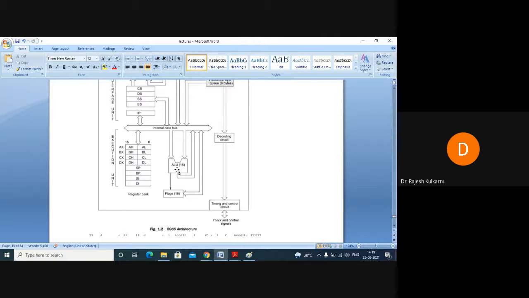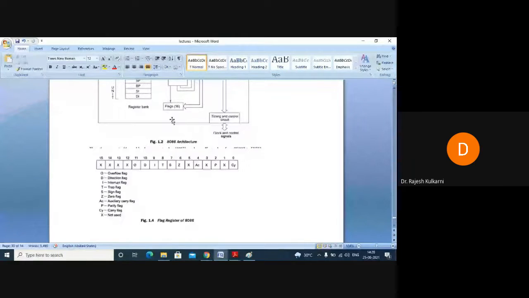But in that, actual computations will be done by whom? The computations will be done by the arithmetic logic unit. So, whatever the calculation the arithmetic logic unit does, the results of that will be available in the flag registers. Also, the flag register contains bits which will be controlling the CPU operations.